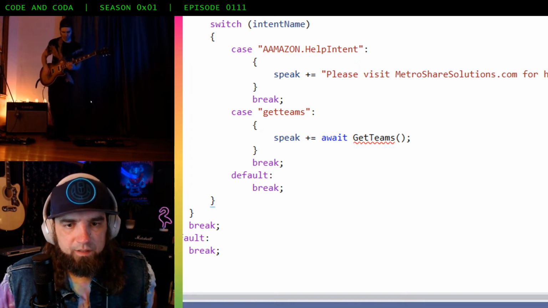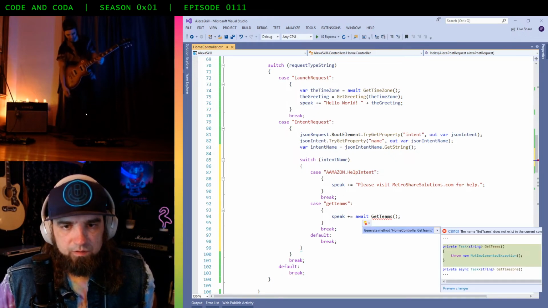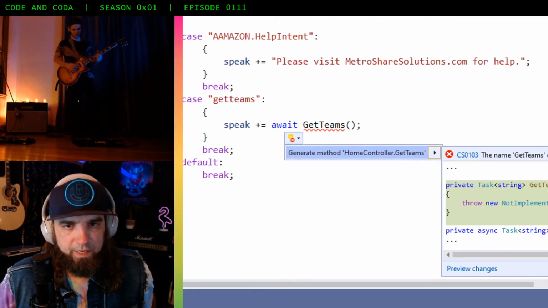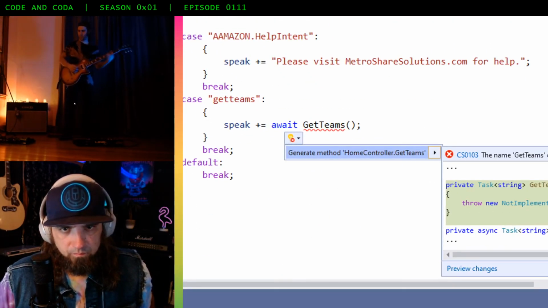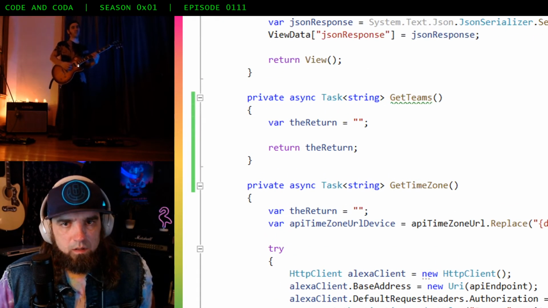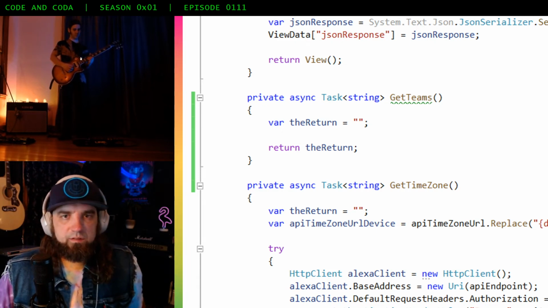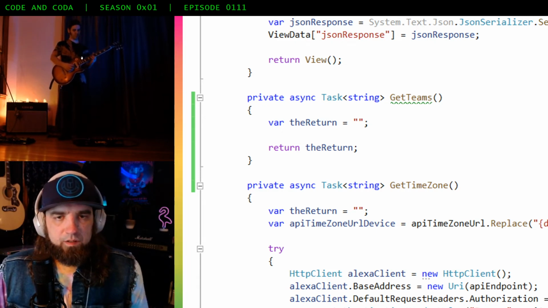So I created a little bit of a signature there for get teams. We're going to use IntelliSense to help us create that method. And I've updated that method just a little bit because we need this method to be an asynchronous function.